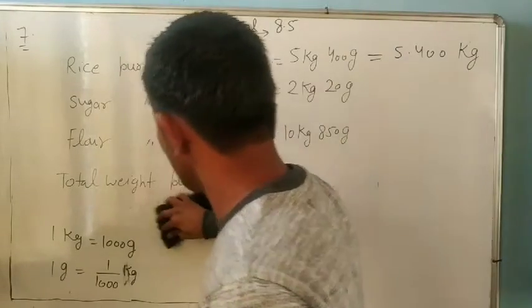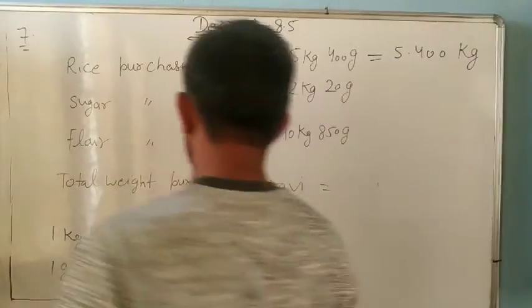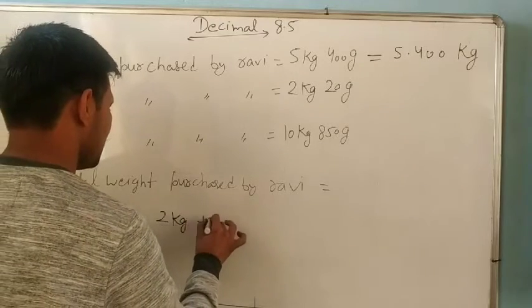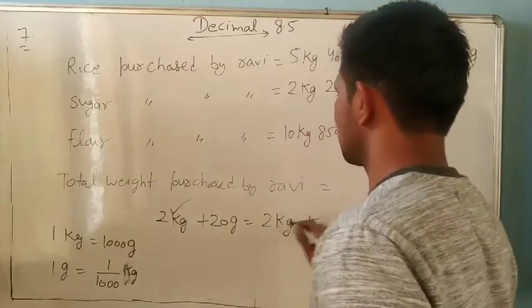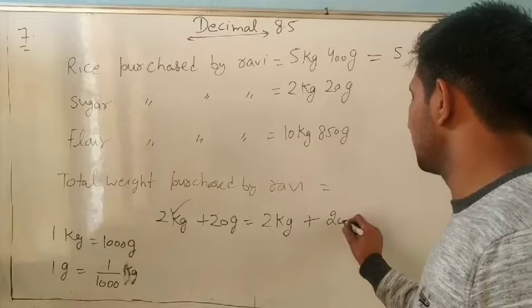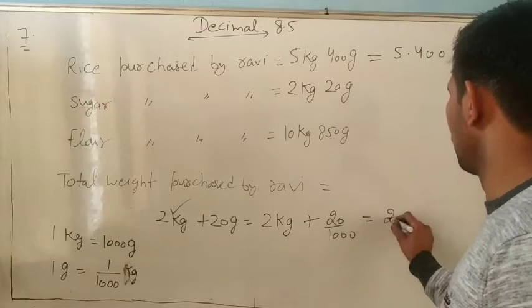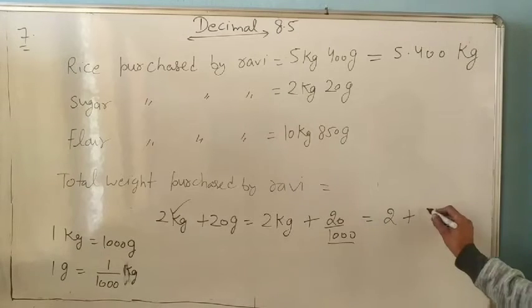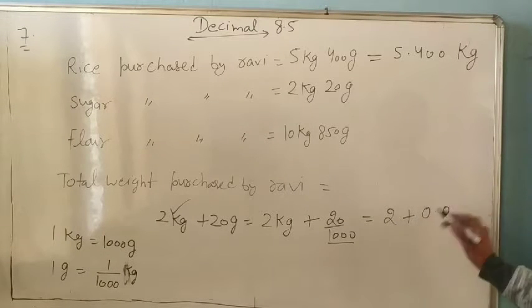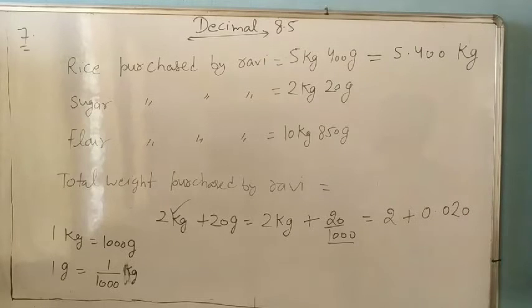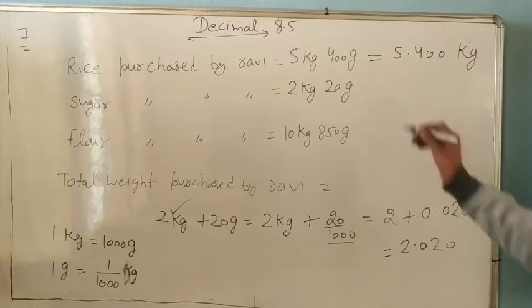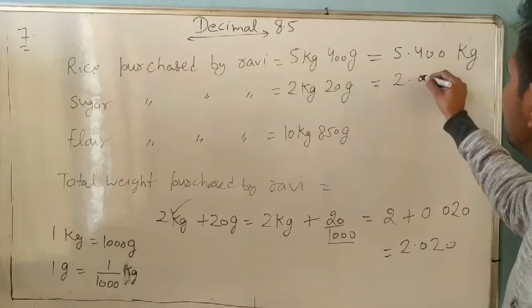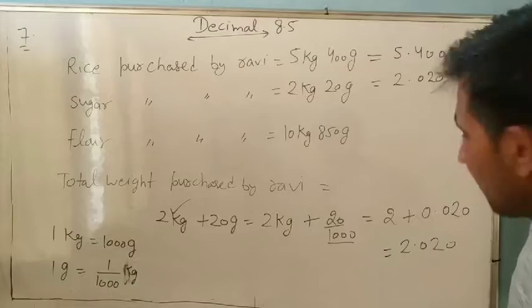Same as it is. Can you add this one, 2 kg 20 gram? Yes. 2 kg plus 20 gram. So 2 kg already in kg plus 20 gram means how many kilogram? 20 divided by 1000. So 2 plus how many 0 in denominator? 3. So after decimal how many digits? 3 digits. So 0, 2 and 0. Okay? Because 20 is given. So what does it become? 2.020. Understand? So it becomes 2.02 kilogram.